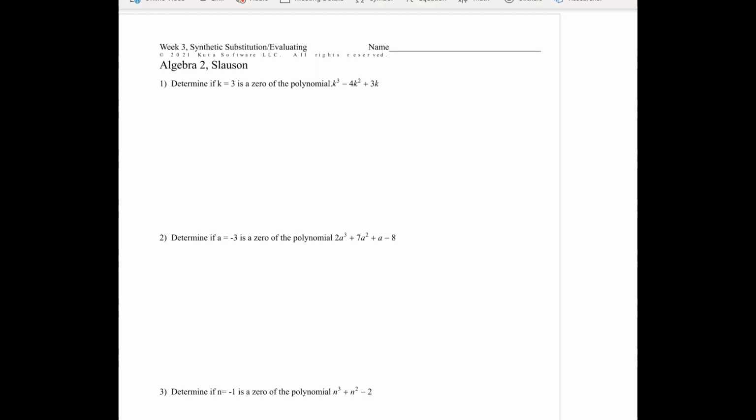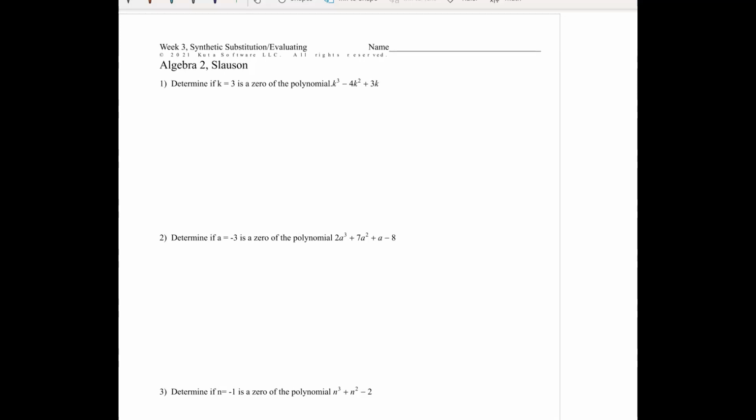What we're doing is something called synthetic substitution, and it's going to help us evaluate a number. What you're used to when you evaluate a number is you plug the number into the function, you follow the order of operations, and then you get your answer. I probably should have typed this up a little better, but the idea on problem 1 is